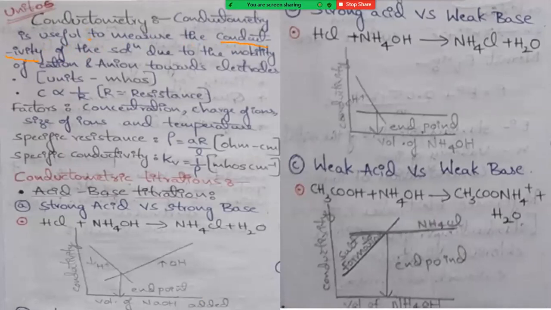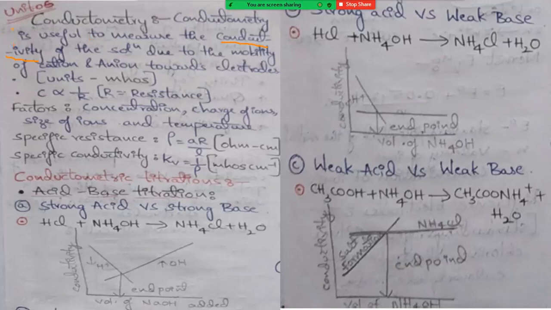Why? Because we have learned quantitative methods in the previous class, which are classified into different types, that is instrumental method, electrochemical method, etc. This conductometry comes under electrochemical method. Why? Because the electrical conductivity of a solution is an electrochemical property. So that's why conductometry comes under electrochemical methods.